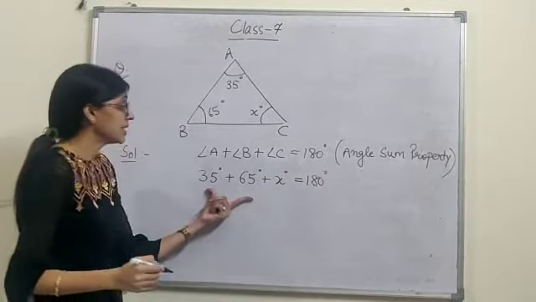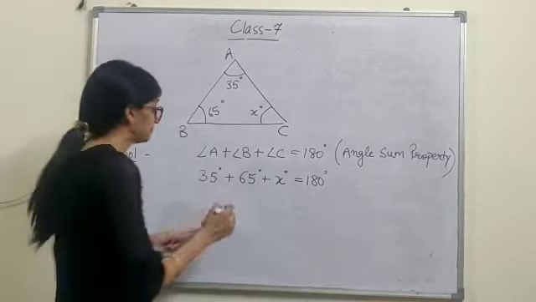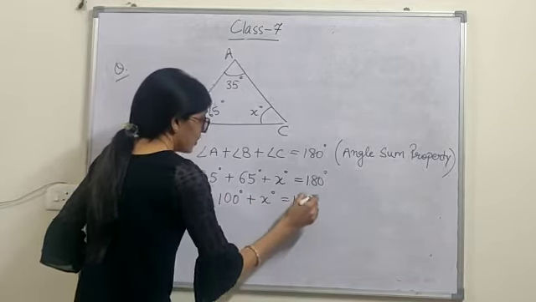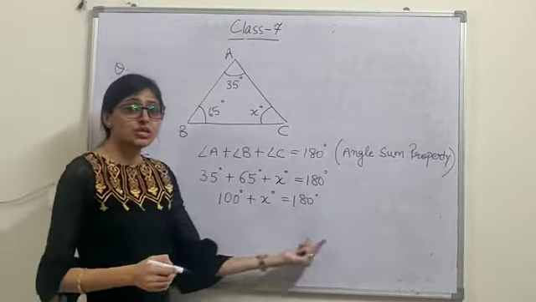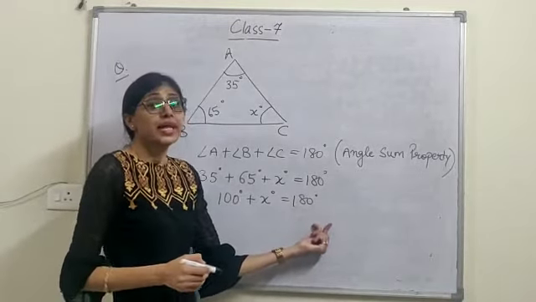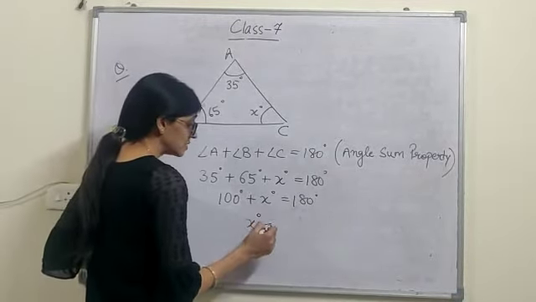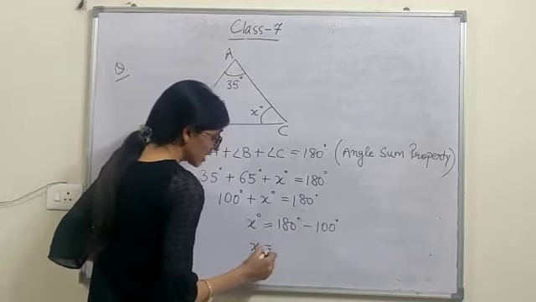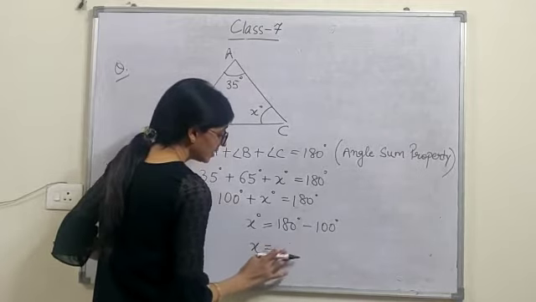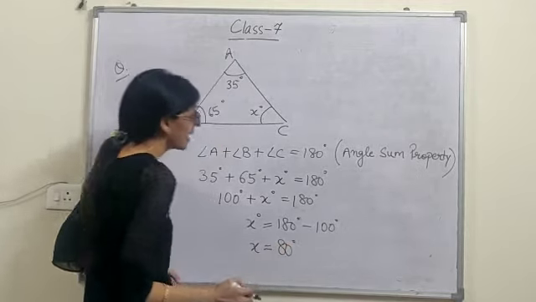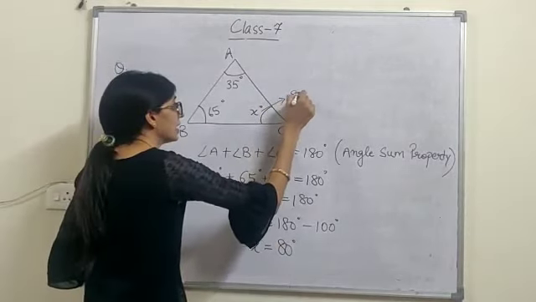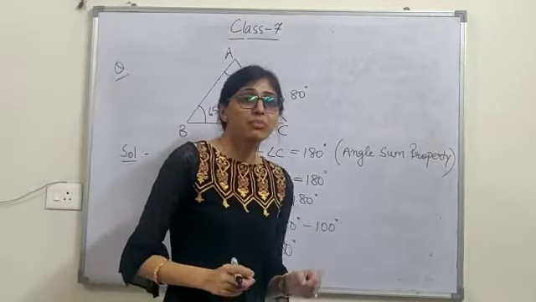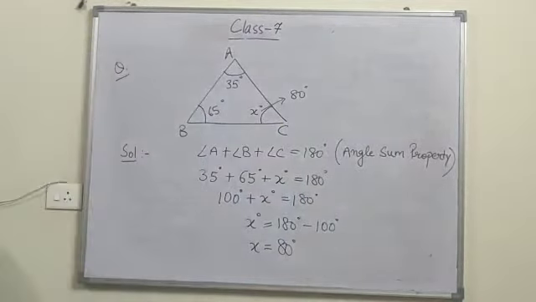What is 35 plus 65? 100. When this 100 from the left hand side goes to the right hand side, it comes with a negative sign. So x degrees becomes 180 minus 100. So x comes out to be 80 degrees. 180 minus 100, 80 degrees. So in this way you can find the answer to a question with the angle sum property. Now the next question is,